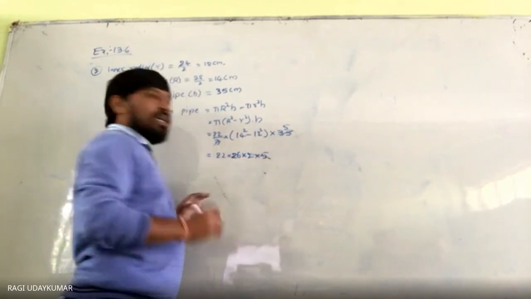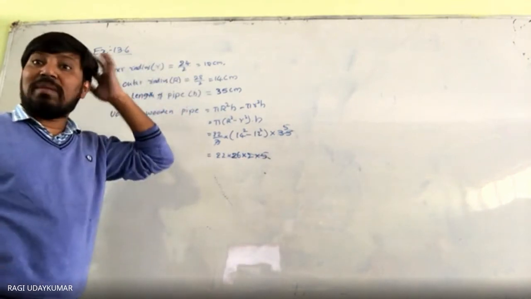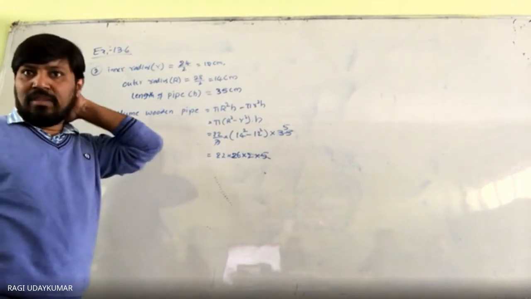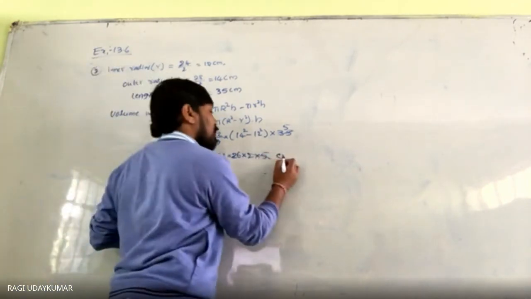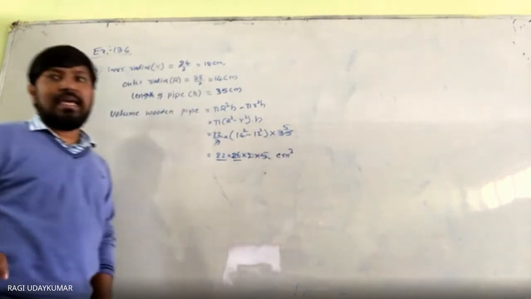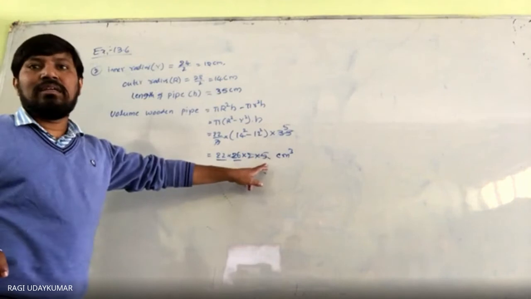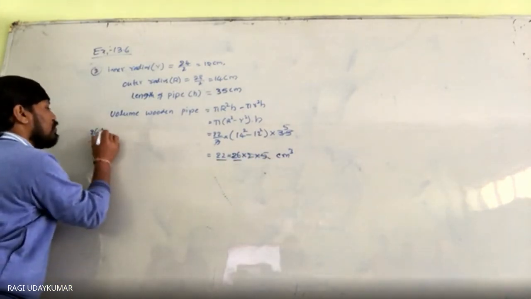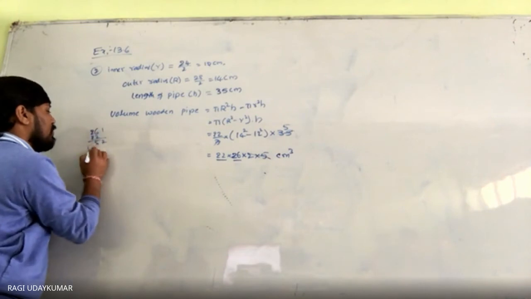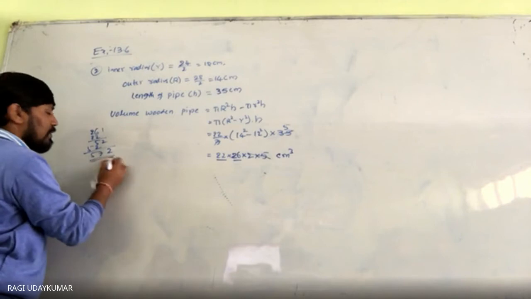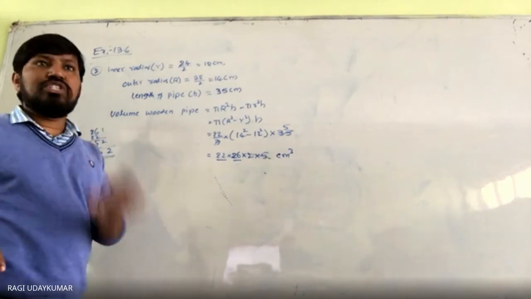So we are going to get some value here. This should be multiplied by 0.6. This is centimeter cube you are doing. So multiplication only, then you can multiply. 22 into 26, how much will it come? Let me see, 22 into 26: 2 sixes are 12, 2 fours are 8... it will be 572. So the volume is 5720 centimeter cube.